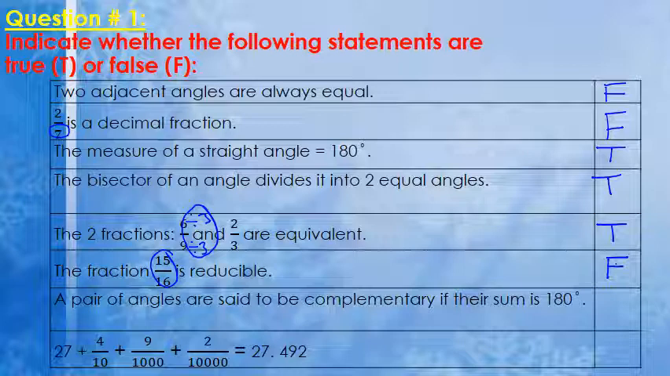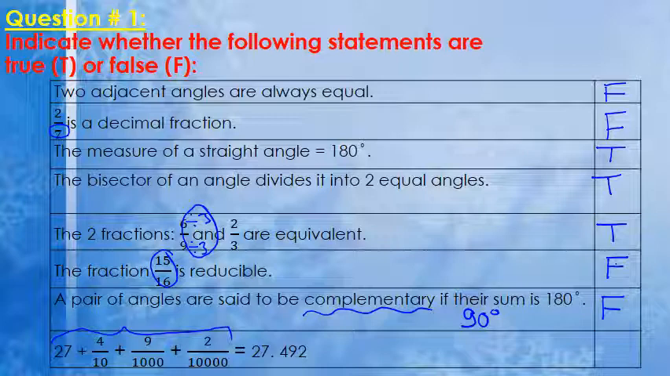A pair of angles are said to be complementary if their sum is 180 degrees. This statement is false because the sum of two complementary angles is 90 degrees and not 180 degrees. Now, if we have 27 plus 4/10 plus 9/1000 plus 2/10,000, this writing is the expanded form of a decimal number. So is it equal to